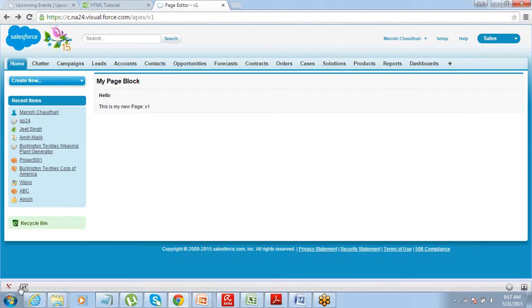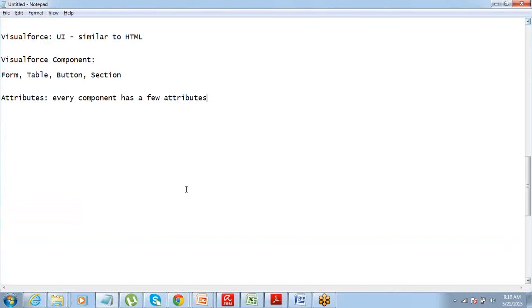Fine. How to create a page and the component and attributes. By now you should know how to enable development mode. Secondly, I want you to understand how to create a page.